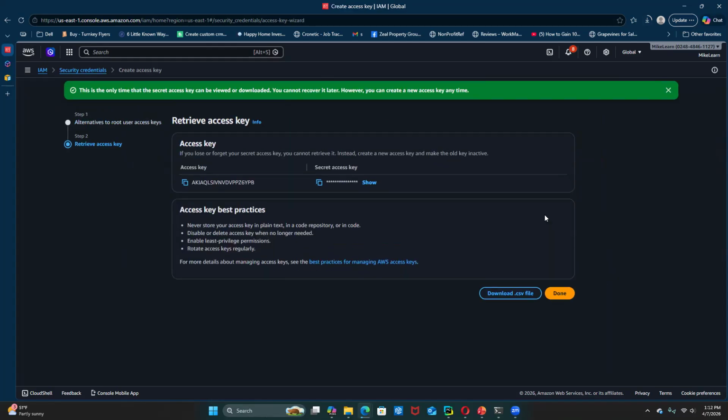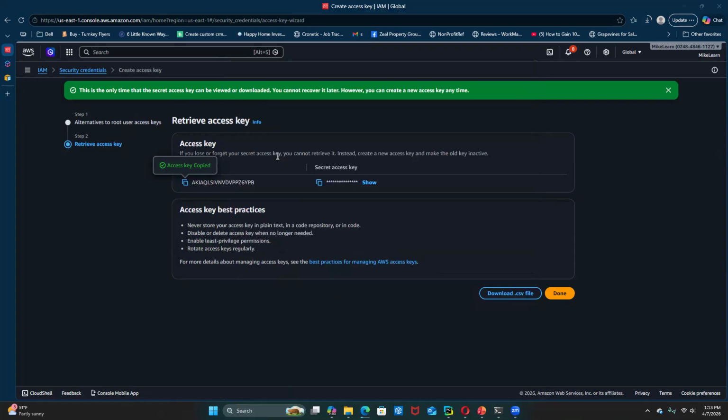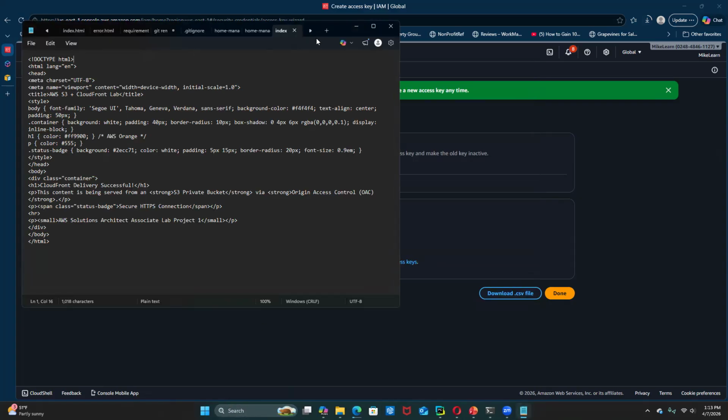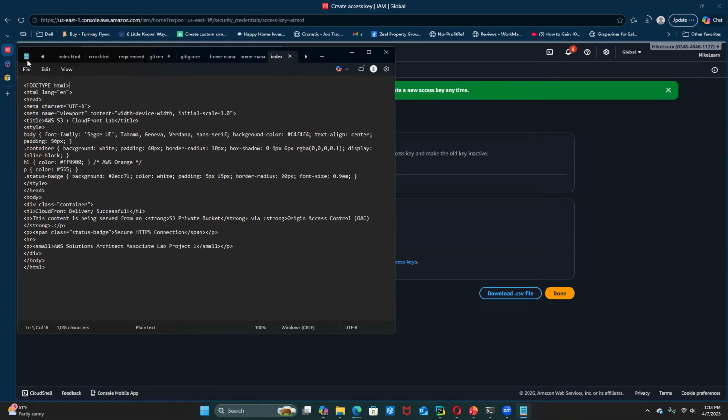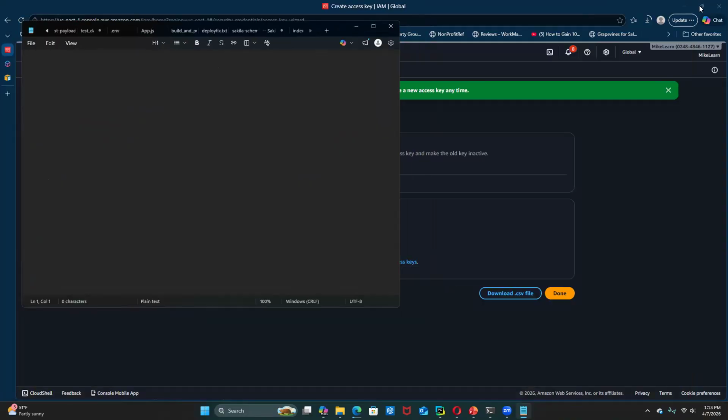Once you create the access key, you want to download it. So you can download it as a CSV file here. You also can take the secret key and the access key and copy them here and put them in a separate space. We are going to need to have these for your next step. So it would help if you do copy them. I actually always like to take a notepad, and I'll put mine right on the notepad for now. So I have them. As you can see, I have numerous different openings here. Then once we have that here,